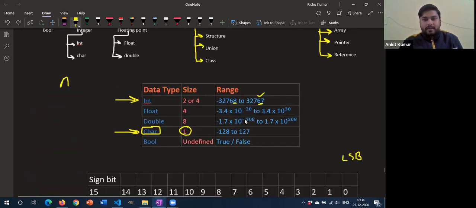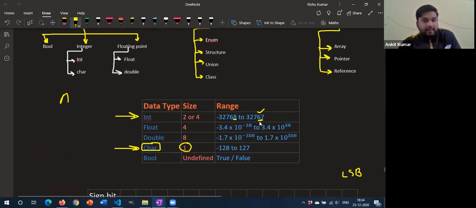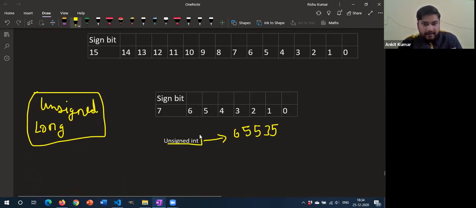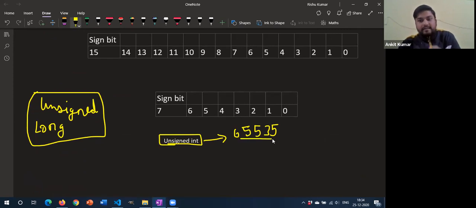So now you can see, earlier you had 32767, and after using the unsigned int data type, your size is double what you had. And this is from 0 to 65535. But there is a very important thing to note: unsigned int will not be able to store negative numbers. So if you are using unsigned int, you should be very sure that in your program you will not require any negative numbers, and you need only positive numbers. And if you need some greater positive numbers, you should use unsigned int.